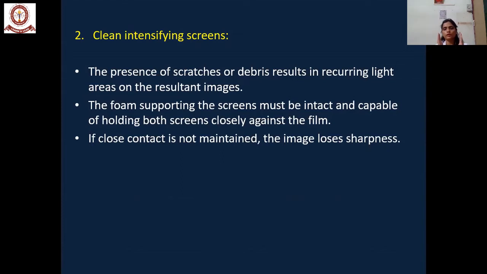The foam supporting the screens in the OPG cassettes must be intact and capable of holding both screens closely against the film. If close contact is not maintained within the OPG cassette, the image might lose sharpness. So we should make sure about the supporting foams and the close contact of the film to the intensifying screens.